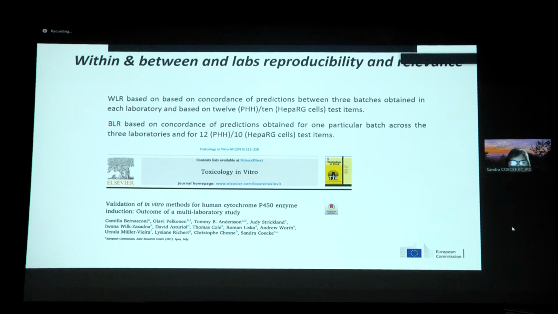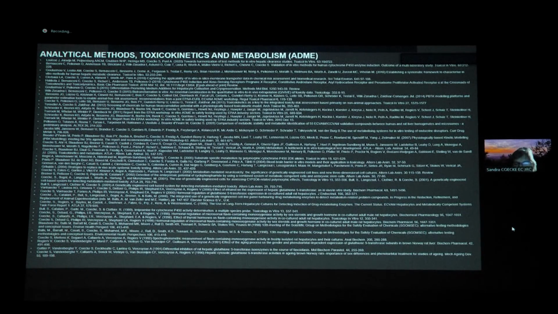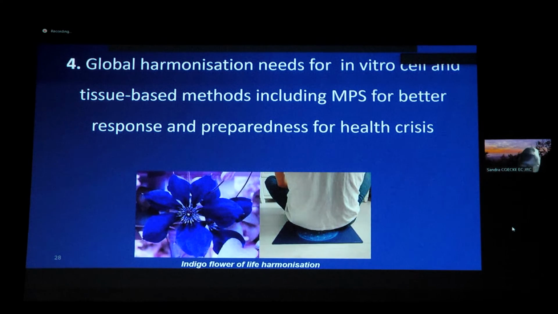So we have been showing that these metabolism methods, quite complex methods, which, for instance, have deep underlying molecular mechanisms like induction, you can standardize them. You can standardize human hepatocytes quite easily, cryopreserved. You can standardize the new generation of cells that are available, like HepaRG cells. And so we have been investing for the last year a lot in analytical methods, toxicokinetics, and metabolism to get all these tools in the toolbox we need for standardization.